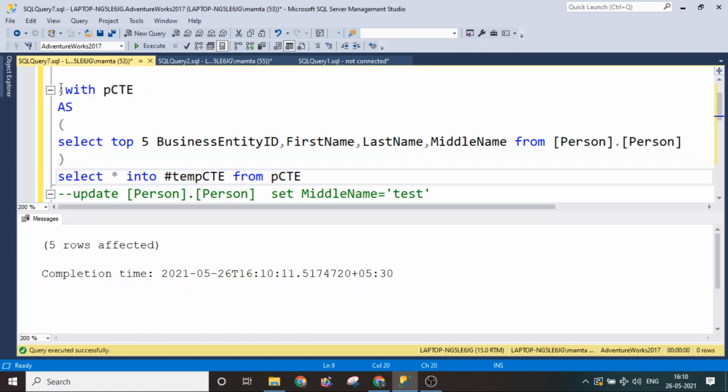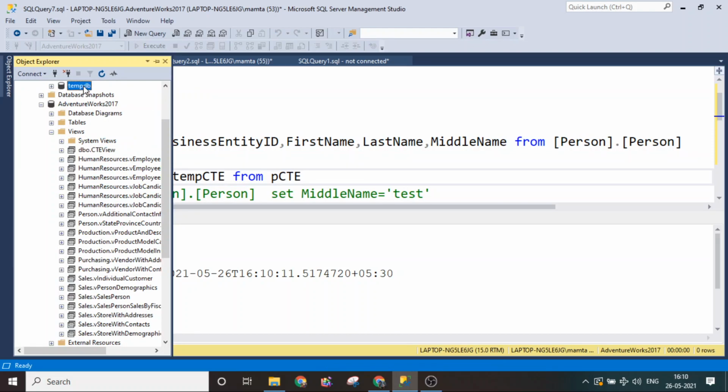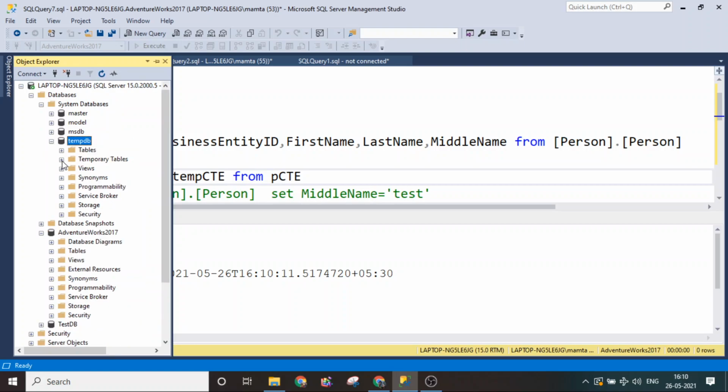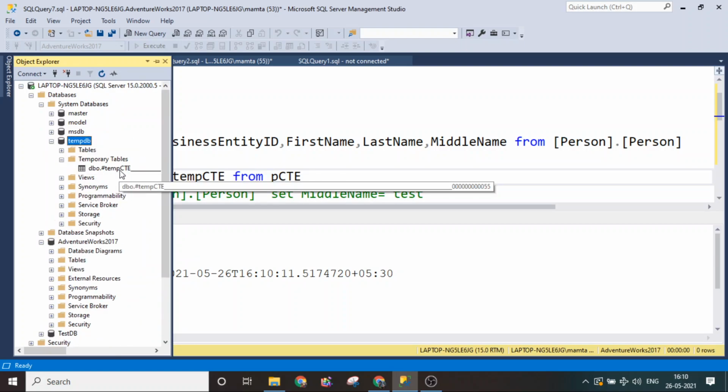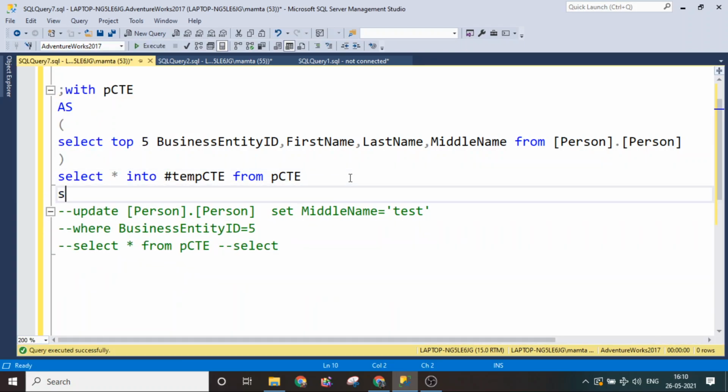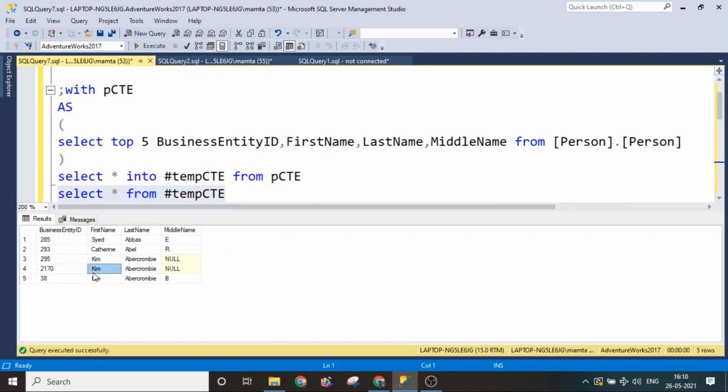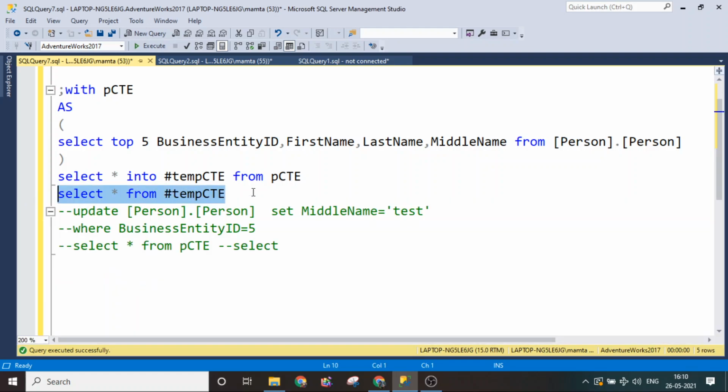Now go ahead and check whether this local temporary table has been created in the TempDB or not. Let me refresh it and expand it. Go to the temporary table section, and here temp CTE is created, and it is given some random value like 0000005, which is a unique value. Let's take out the records from this. How many records do we have? We inserted five records, and we got the 5 records. So this way you can insert records from the CTE. We have updated, we have extracted, and we have inserted as well.